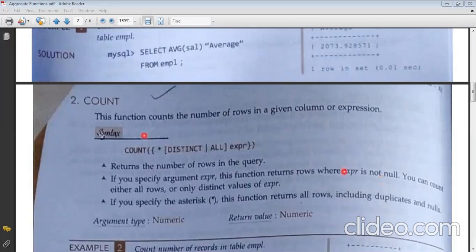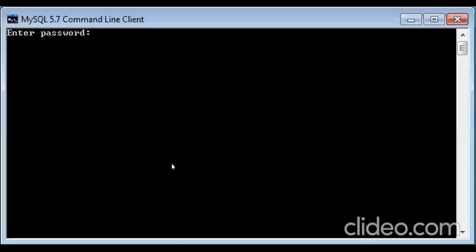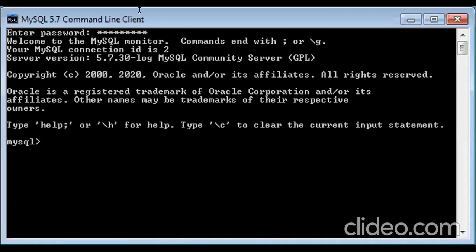We can just check it on the console. Just give me a minute, I'm opening up the console. Okay, so this is the MySQL command prompt. Let me check whether I have any table prepared like this. Show databases.